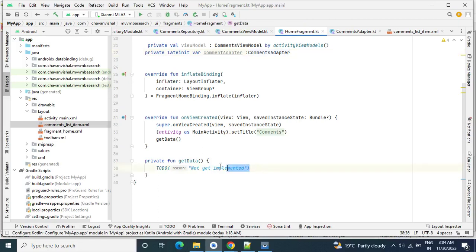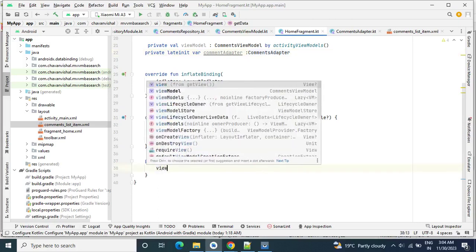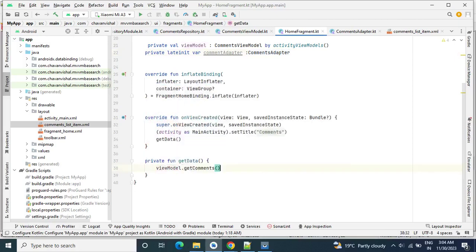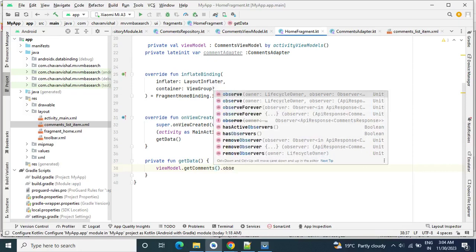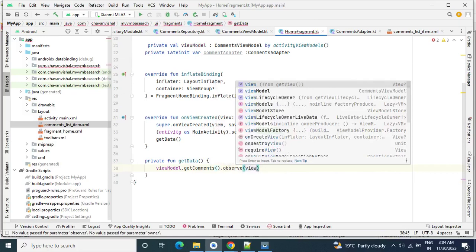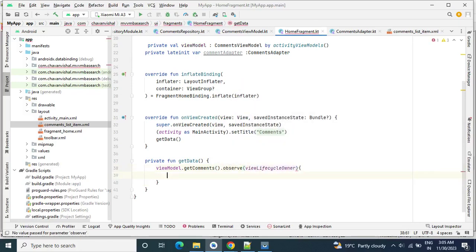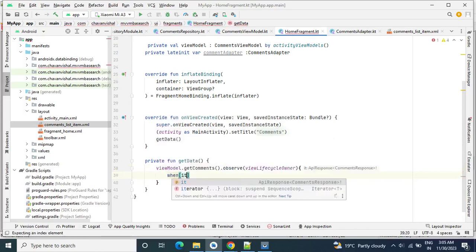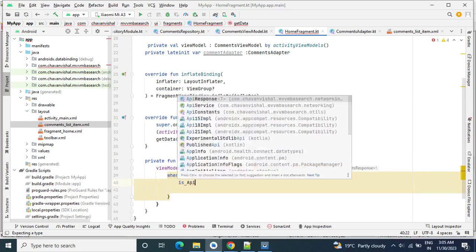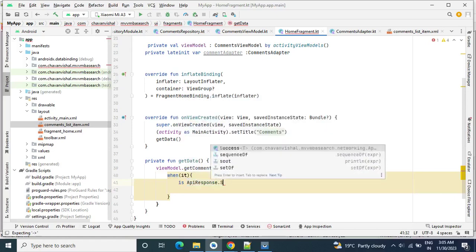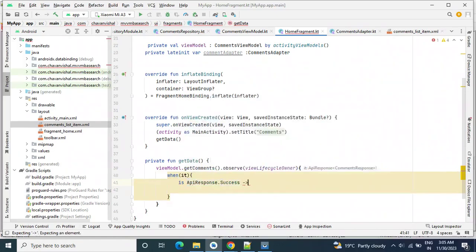In get data, viewModel.getComments.observe. Here we will pass viewLifecycleOwner, and then we will handle all our cases. Our first case is API response of type success, then we will handle this one.